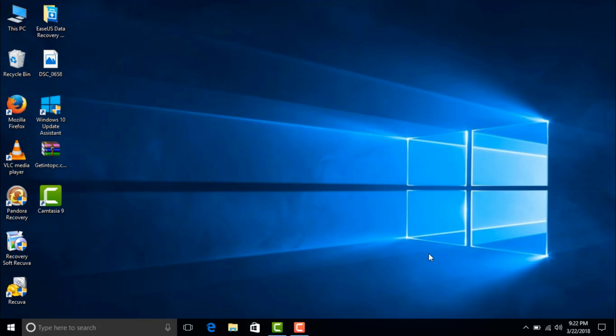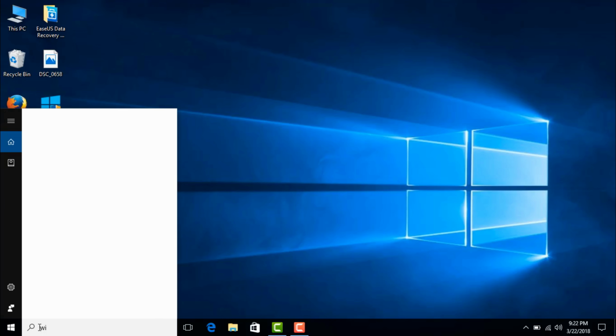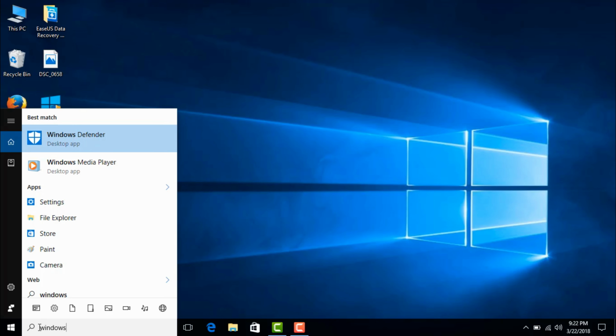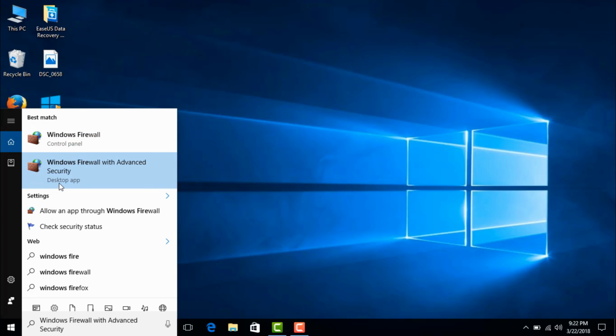Now, in the search bar, go to this Cortana search, and type Windows Firewall and Advanced Settings and open the setting.